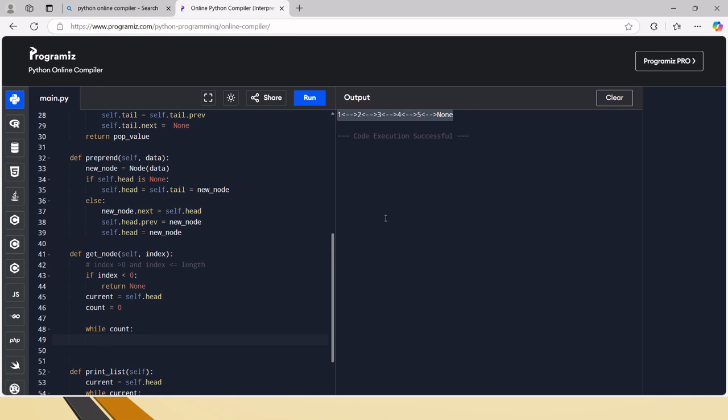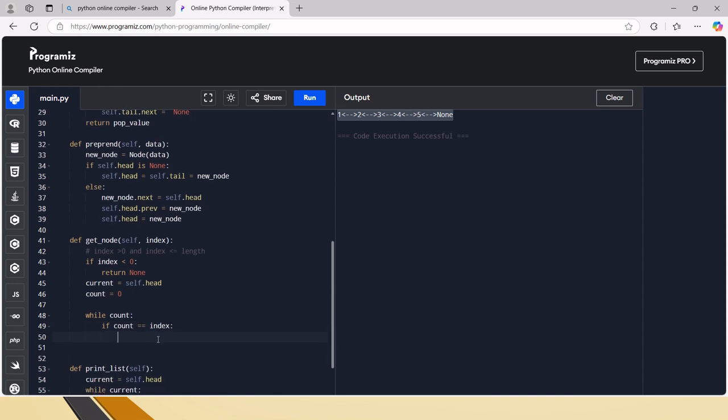It's not none, while current is not none. What we have to do, if again we have to check if the index is the first element itself, that is also possible, right? So we will check that condition. If the count is equal to index, next immediately we will return it, right? Because in the 0th index itself we have the current value. I mean the current index is matching with the index that user is passing, then we will return the current